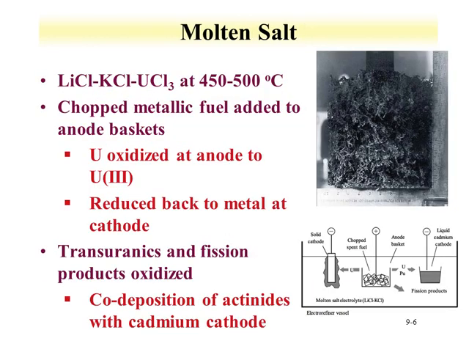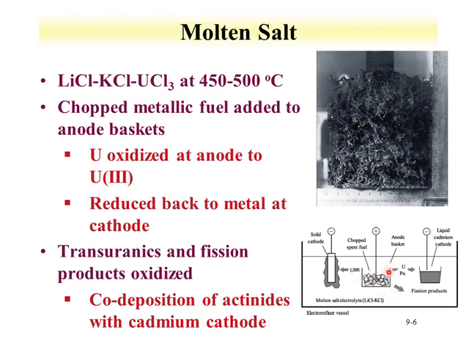Another example of a separation process based on electrochemistry is shown here, in which uranium trichloride is added to a potassium chloride, lithium chloride eutectic, heated to about 450 to 500 degrees. That's one of the issues with molten salts. One needs to be at molten conditions. The uranium is added as a metallic phase into metal baskets. Uranium gets oxidized at an anode to the trivalent state. And so you have a basket,